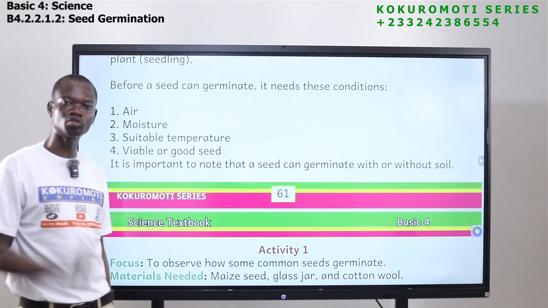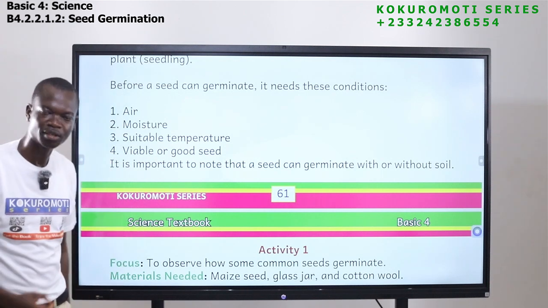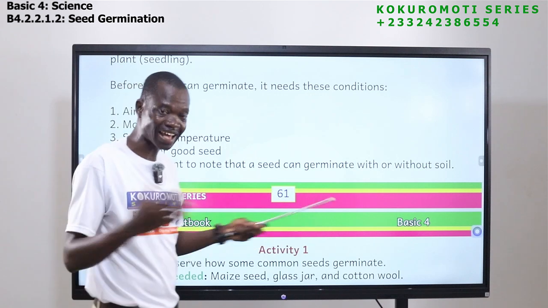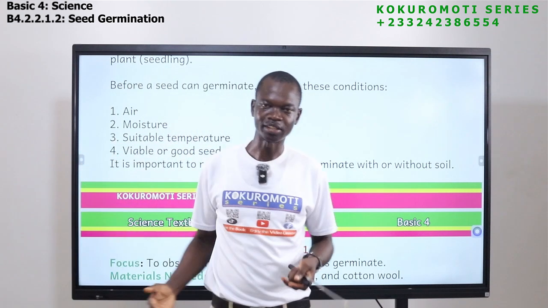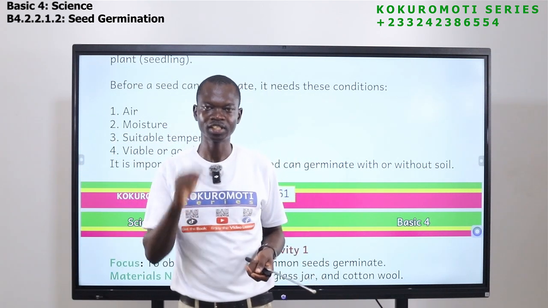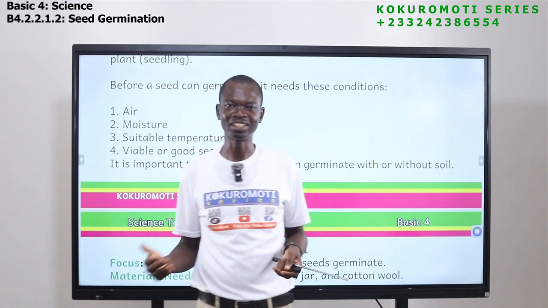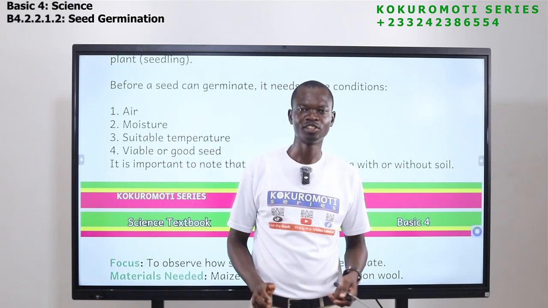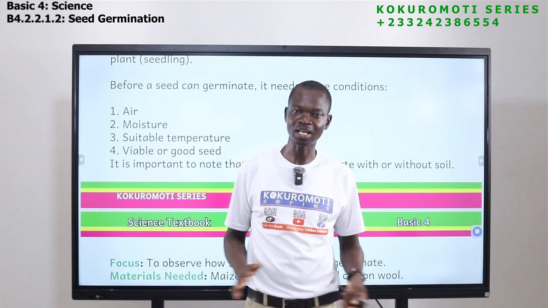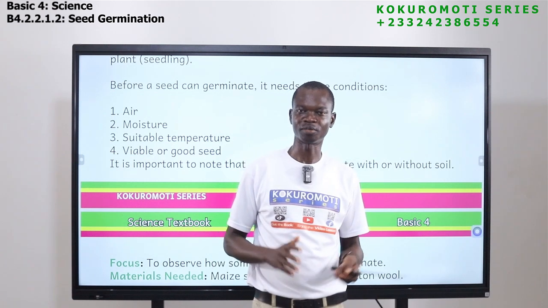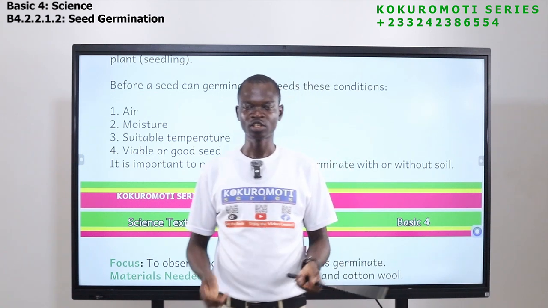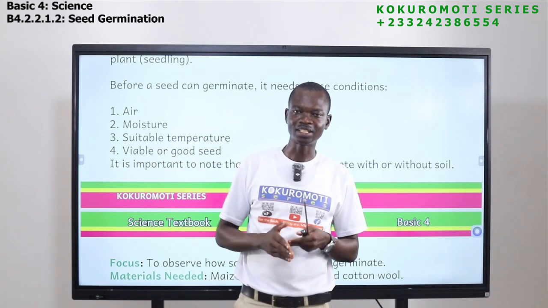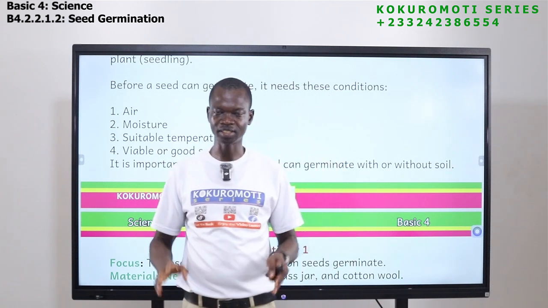Listen, you have to know that the seed is not attacked by weevils. There are no insects, or it is not attacked by animals. Check that there are no holes. It is not broken. Sometimes the seed is broken and if you put it in the soil, it will not germinate. So broken seeds, you don't have to use them for planting because they will not germinate. A whole seed is what you need, and you have to make sure the seed is healthy.